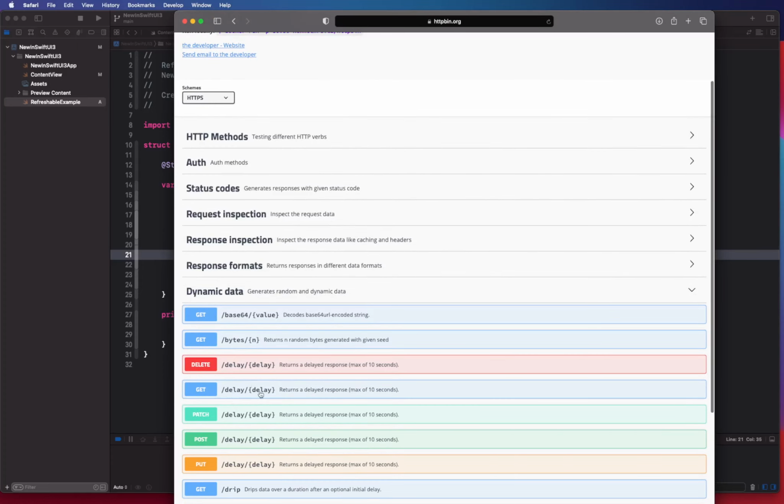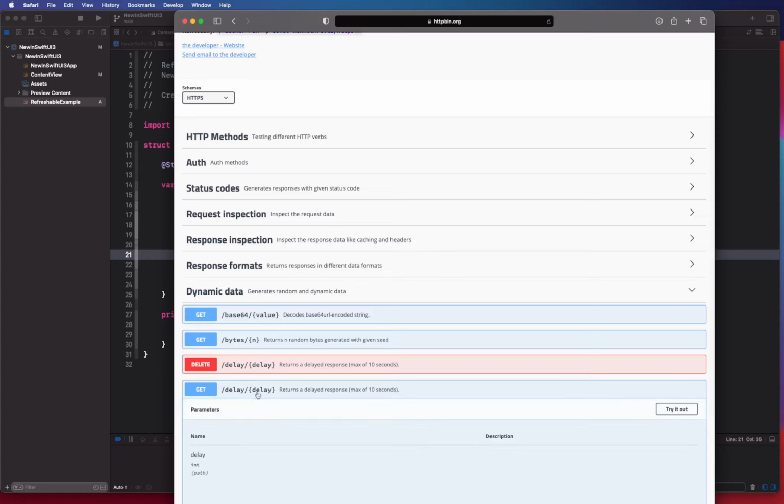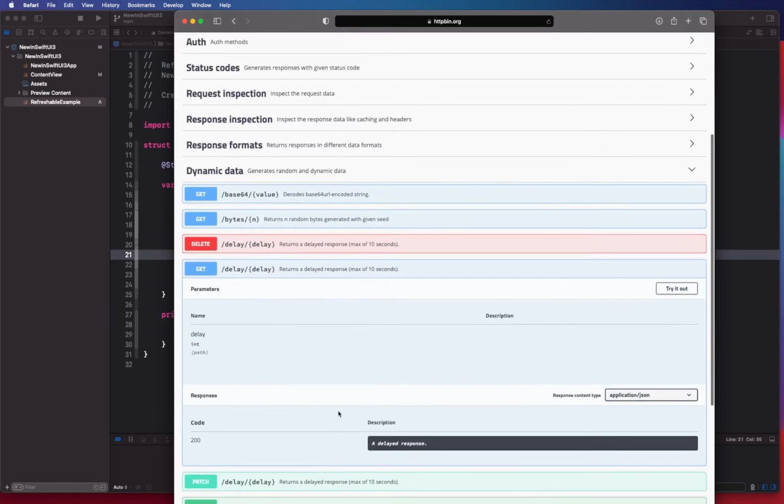We are going to use its delay endpoint, and the delay endpoint basically just does as it says. You just call httpbin.org/delay, and give the number of seconds that you want to delay before this API actually returns the response. Okay, so we're going to leverage the fact that we are actually calling a slow API with 5 seconds of delay, and then once we get the response back, we're going to update our model to show that new